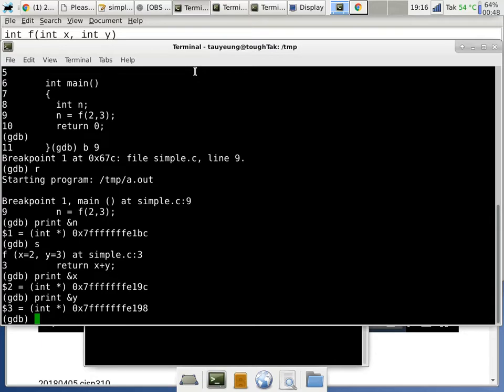Because ultimately, who is x and y on the stack? Is it the caller or the callee? The caller, right? The caller is the one responsible to put it on the stack. The callee is really just saying, oh, I need to use x. Where is it? It's over here. Oh, I need to use y. Where is it? It's over here. So the callee is really just using the value of the parameter, but it is the caller who puts it